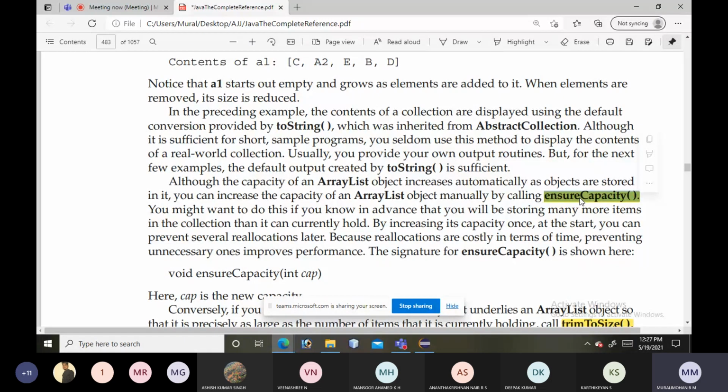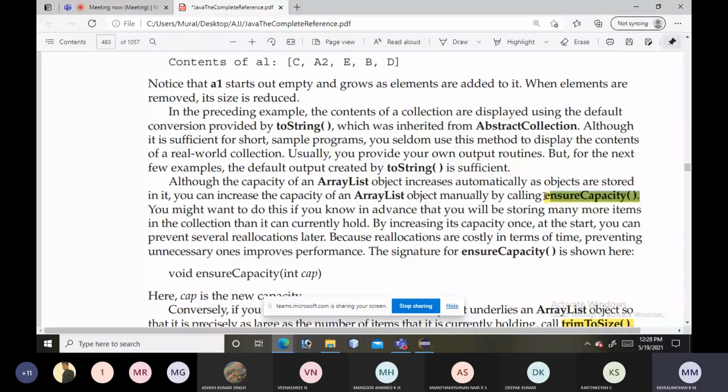So these reallocations will be automatically reduced, and by this your performance can be improved. This is the advantage of manually increasing the capacity of the ArrayList. Clear? What is the advantage of manually increasing the capacity of ArrayList?